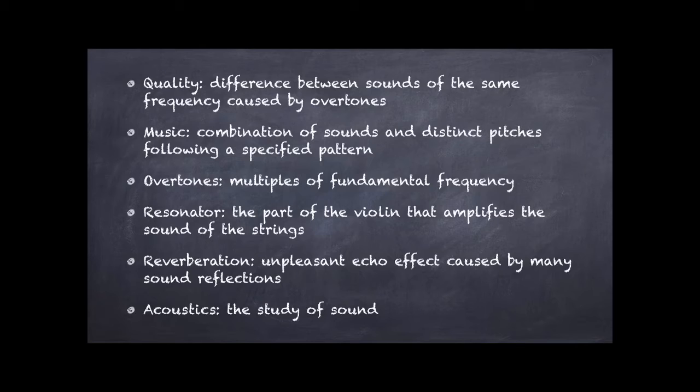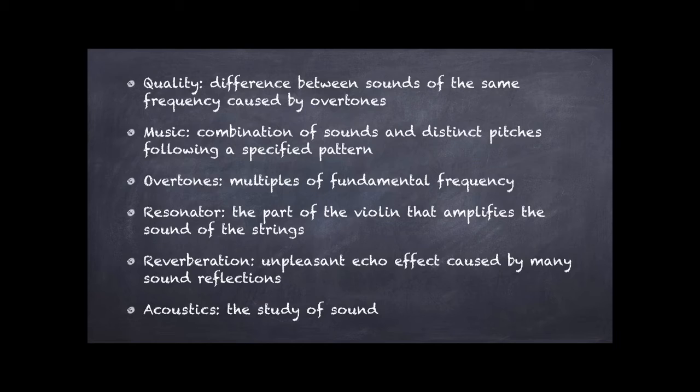We talked about music, which is basically a combination of sounds with a specific pattern. They have distinct pitches, while noises, remember, have random patterns and they do not have distinct pitches. We talked about overtones, which are just multiples of the fundamental frequency. Fundamental frequency is specific to an object or material. We talked about a resonator, which is pretty much like a hollow space that has air in it that vibrates and produces a sound. So this can be in instruments such as a wind instrument like a flute, or something like a violin, where the hollow part of the violin can amplify the sound when you play